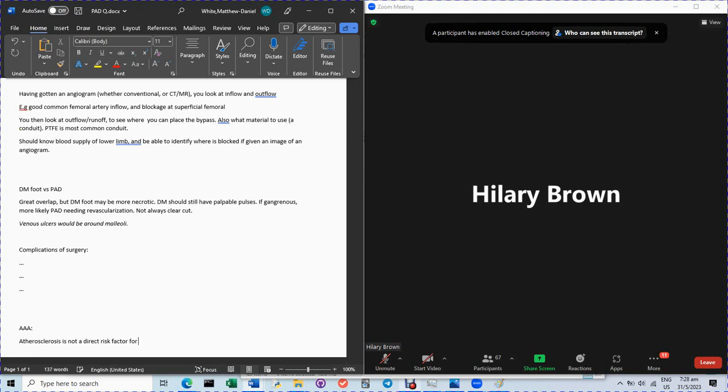Older males with hypertension, then you will frequently see that patients will present with an aneurysm and atherosclerotic disease. But in terms of atherosclerotic disease causing an aneurysm, I'm not sure that you can 100% say